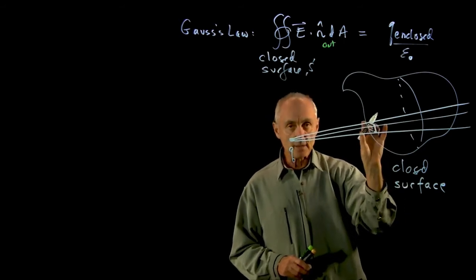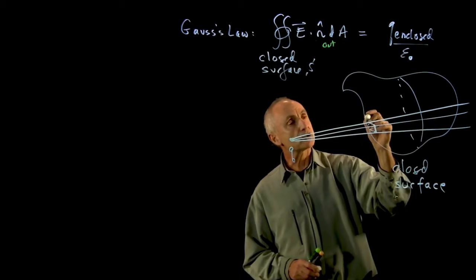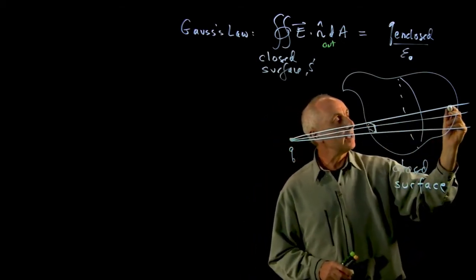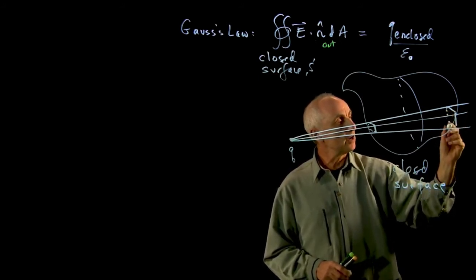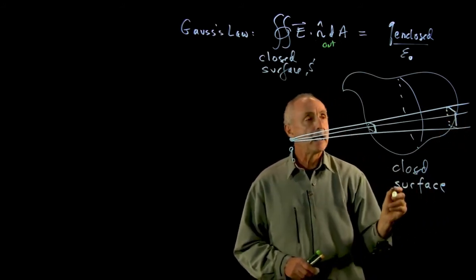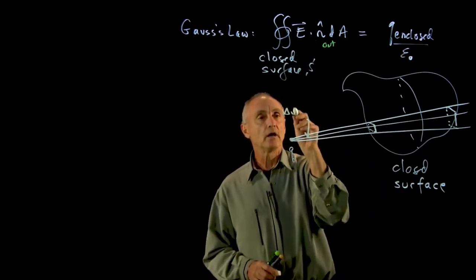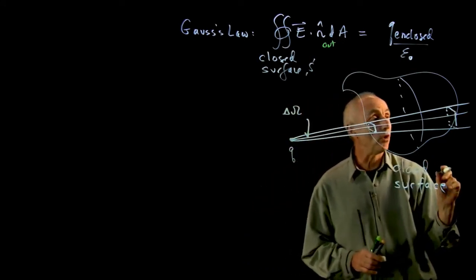Now, this may not be perpendicular to the E field, to the actual shape of the surface, but I'm approximating the surface by a piece there. And out here, I'm doing a very similar kind of approximation. And if the angle here is extremely small, I'll use that symbol to indicate this solid angle is very small,